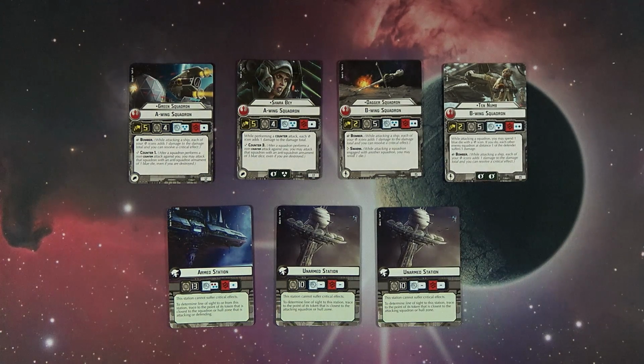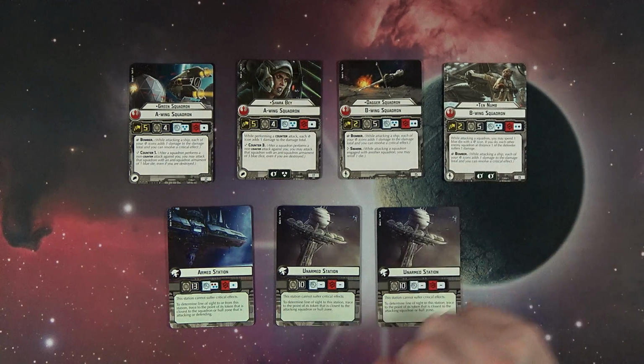And then you've got 10 Nub coming in hot. While attacking a squadron, you may spend 1 blue dice with the crit icon. If you do, each other enemy squadron at distance 1 of the defender suffers 1 damage. Ooh, that's spicy. So if you get that off, which you most definitely could because 1 black and 2 blue,